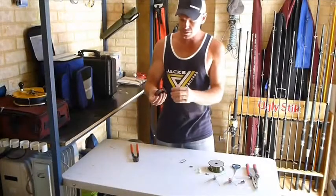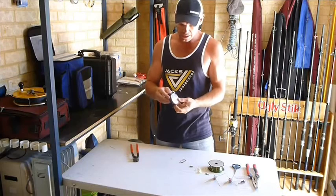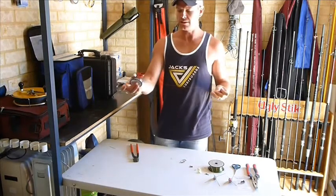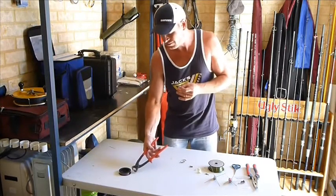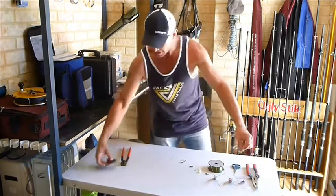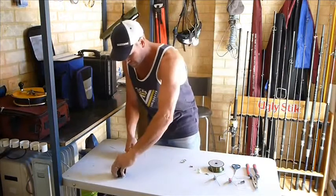So the first thing that you need to do is take some of your nylon coated leader. This is actually 90 pound, so it's quite heavy, so you'll land a decent shark on this, but it's not too heavy that knotting becomes an issue. So we want to take probably about 60 centimetres. So just trim that,